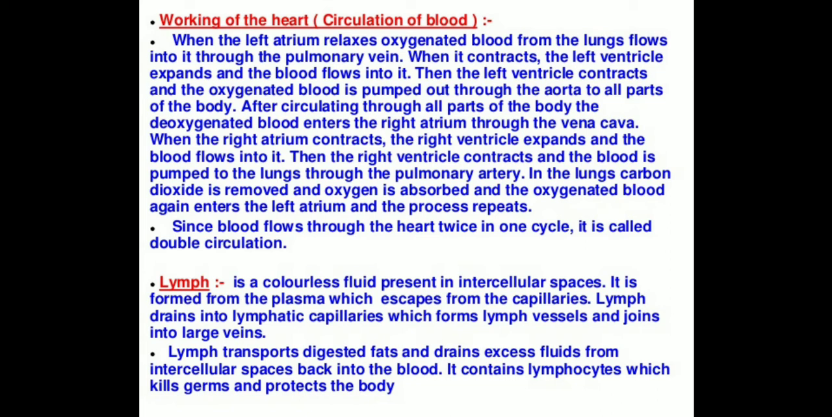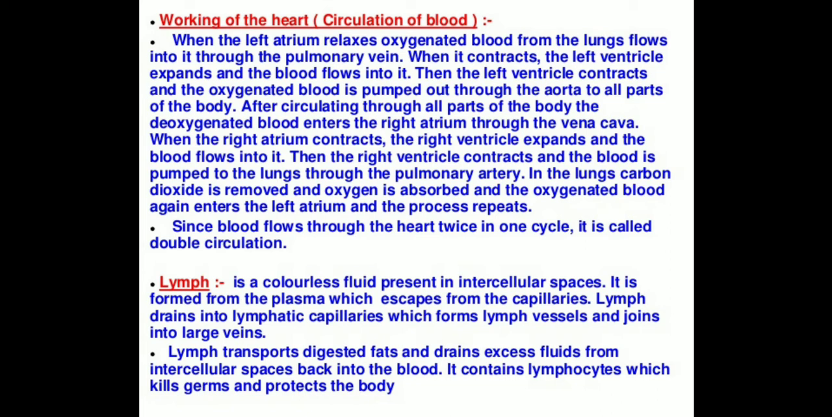After circulating through all parts of the body, the deoxygenated blood enters the right atrium through vena cava. When the right atrium contracts, the right ventricle expands and blood flows into it. When the right ventricle contracts, blood is pumped to the lungs through the pulmonary artery. In the lungs, carbon dioxide is removed and oxygen is absorbed, and the oxygenated blood again enters the left atrium